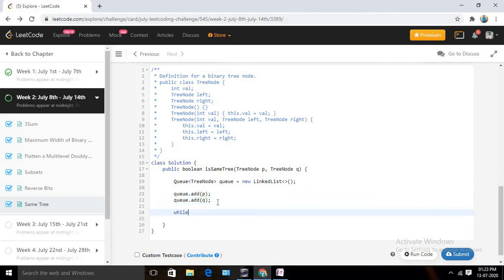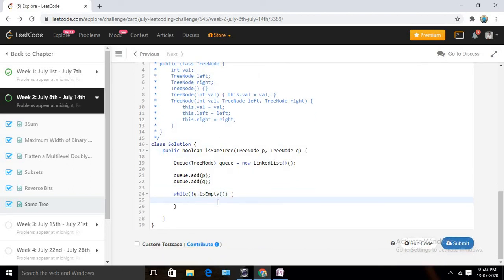After that I need to iterate till my queue is empty. So while the queue is not empty, right? Once it's empty, we are going to stop our while loop. Okay, fine. Now we are inside the while loop. Now I need to poll or remove, right?